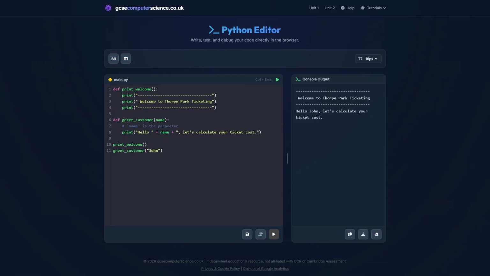And then we also did a slightly more advanced procedure where it had one parameter, and when we call that procedure, we use an argument. Here we use John, sent up to the parameter. So when we're calling it, it's called an argument, and when we're using the variable up here, this is called a parameter, and it uses what we sent up inside the print message, inside the function. So this variable here is used